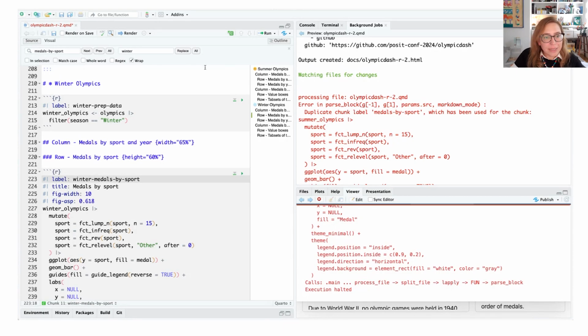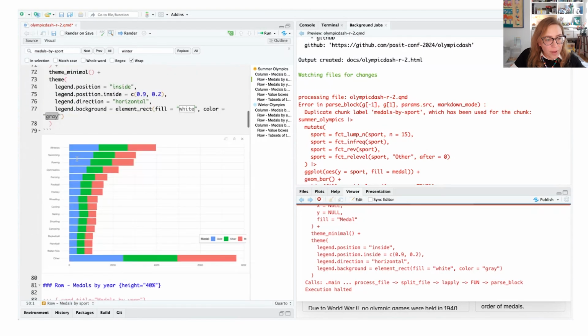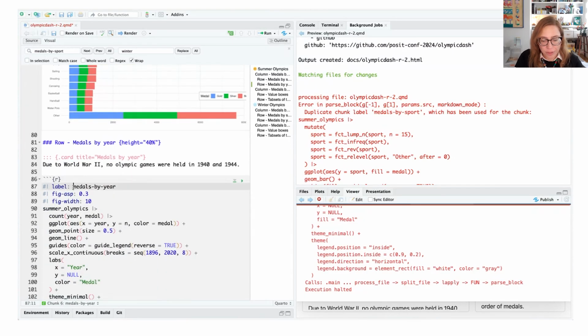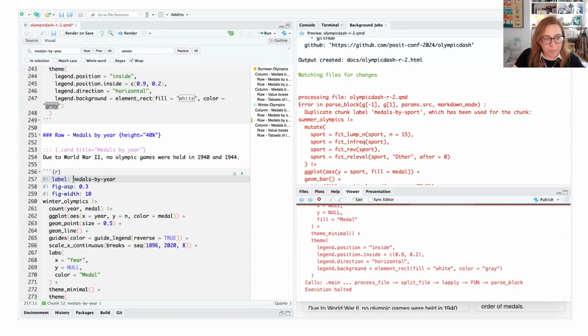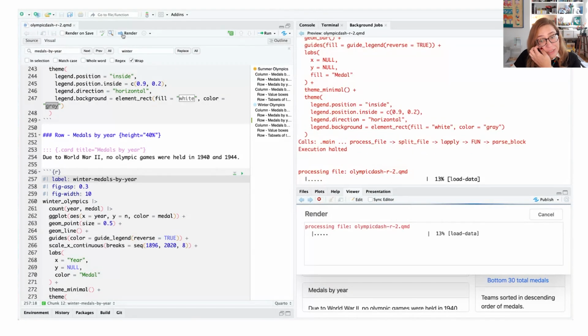And my guess is we're going to have some similar issues with other code cell labels. So I'm going to name this Summer as well. So that's Summer Medals by Year. And the next instance of that, we're going to name that Winter. Let's see if that catches everything that we needed to deduplicate.